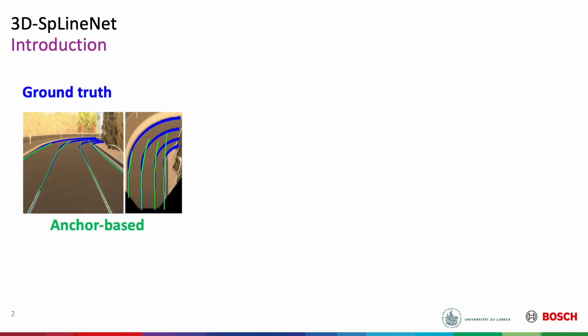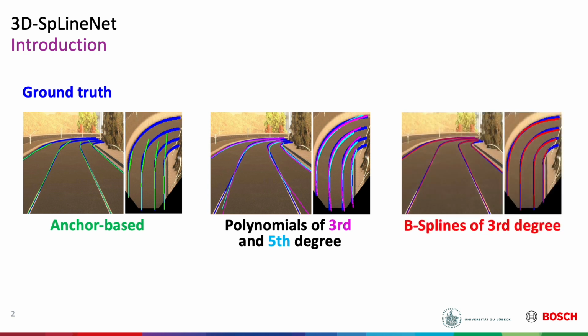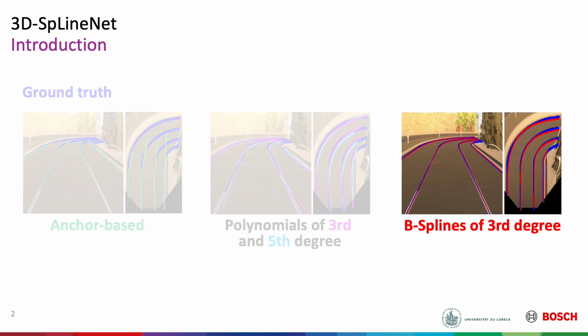In recent years, many lane detection methods used anchor-based representations, which show limitations if the lane deviates severely from the straight anchor line. Parametric representations, in contrast, model traffic lines as continuous functions directly. However, so far, polynomials were used mainly, which do not serve as an appropriate lane model for typical road shapes. Instead, we decided to choose B-splines as our representation, leveraging the benefits of parametric representations and the capability to model